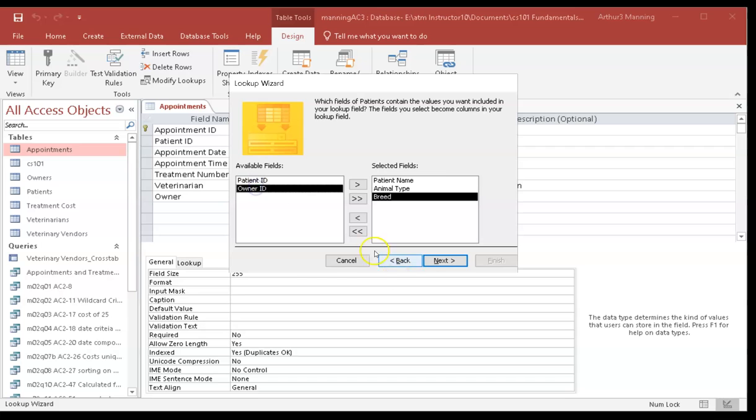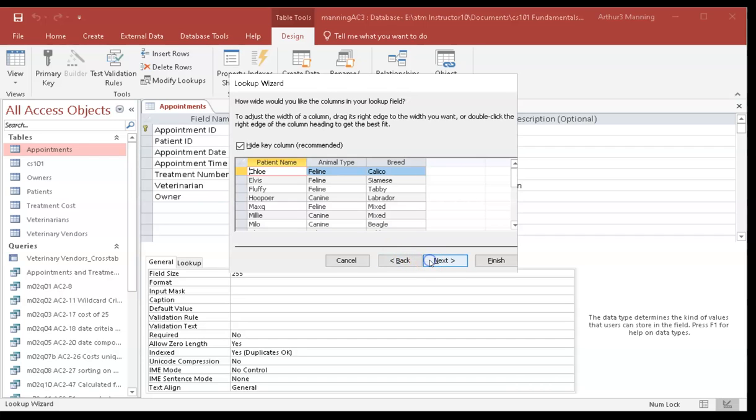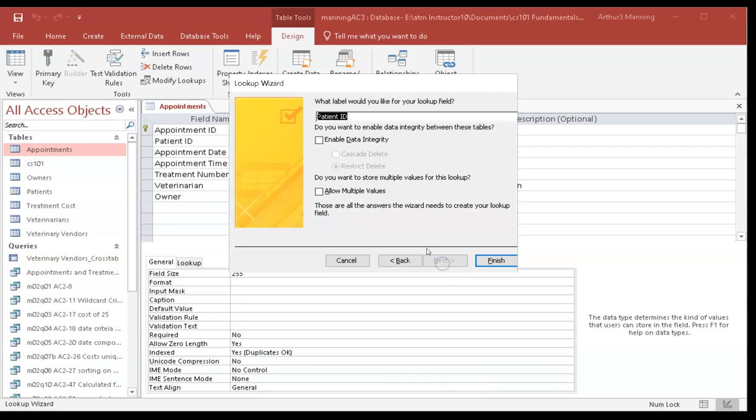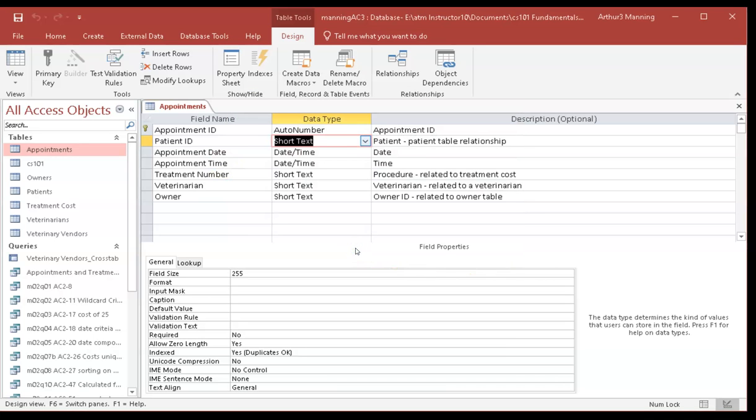she'll breed too, I suppose. Next, sort by patient name. Next. And we always leave the key column because we don't care to see that special number. And next, enable data integrity. Finish, saving the table. Is this where it's saying you can't save the table? Yeah. So I click yes on the save table, and then it comes up